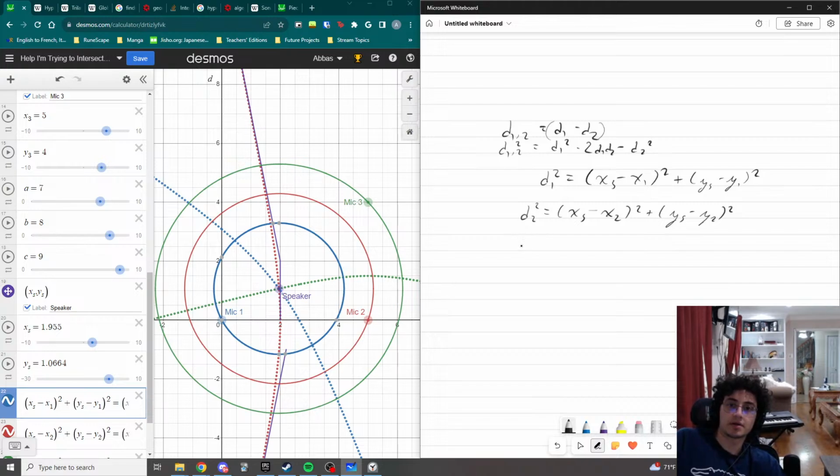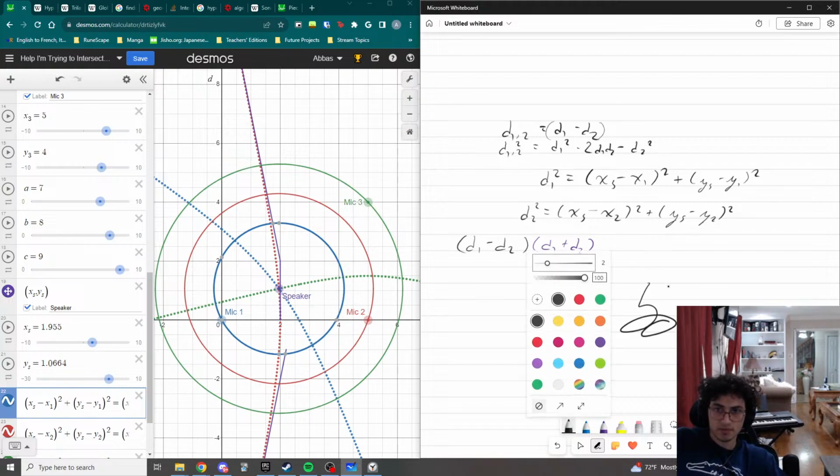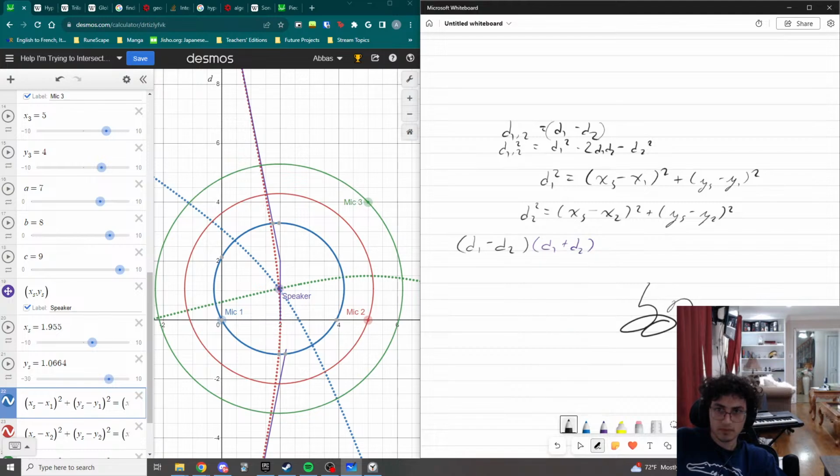We could try d1 minus d2 times d1 plus d2 to get... Do I have a... What are my shortcuts on this thing anyway? I don't even remember. We have this. What is this? What is this? Oh, this one? Control? I don't remember. Anyways, so this is going to be equal to